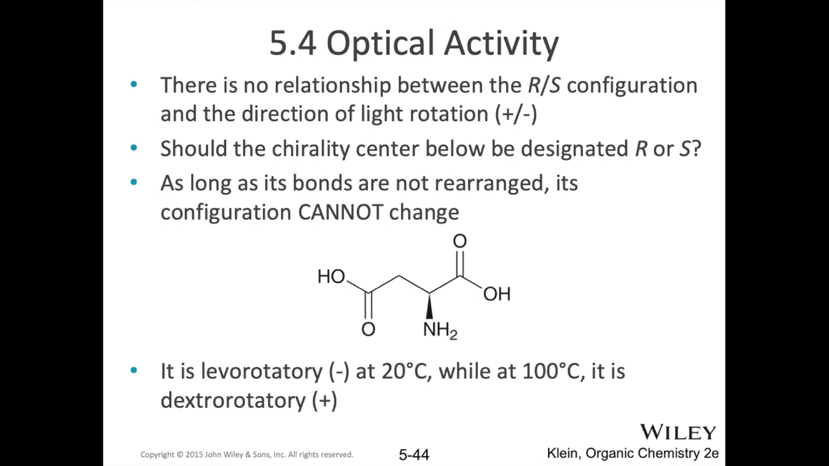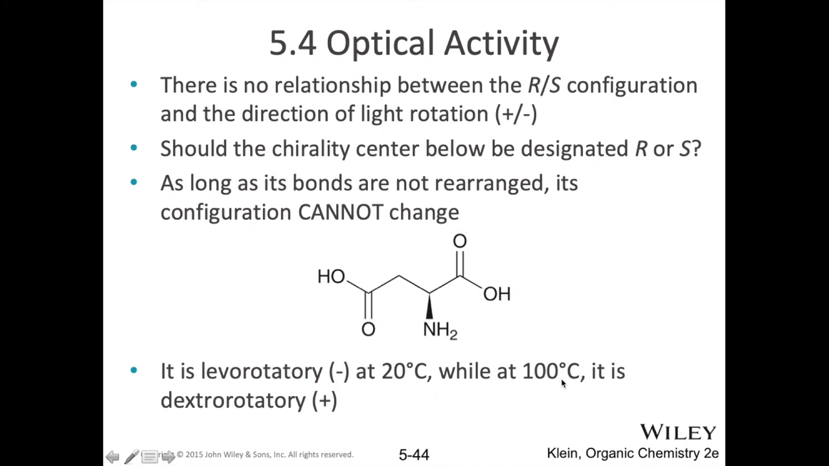To introduce those terms, dextrorotatory, dextro also means right. So that positive sign means that light is deflected to the right, kind of clockwise. Levorotatory means deflection to the left. That's represented with that negative sign. And again, as I pointed out,